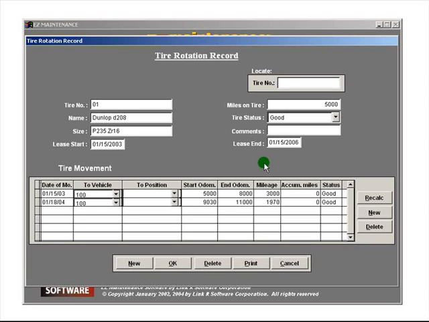This shows us that this tire on this date was put on this vehicle in this position. Here's the starting odometer, here's the ending odometer, the total mileage of the tire for this position, the accumulated miles,